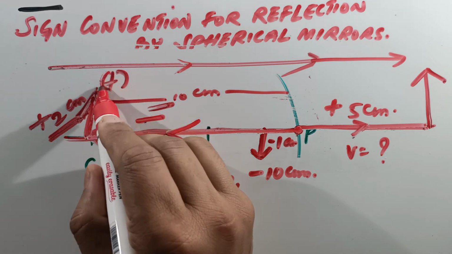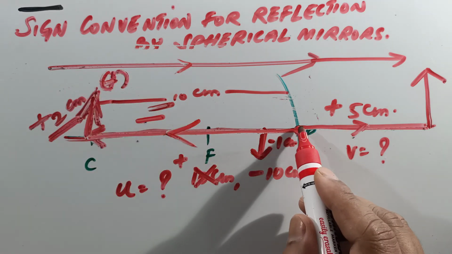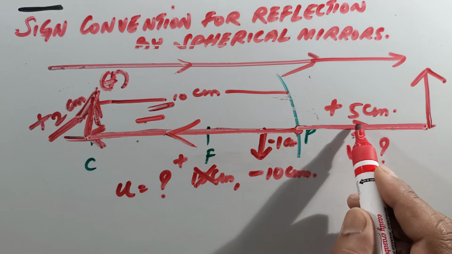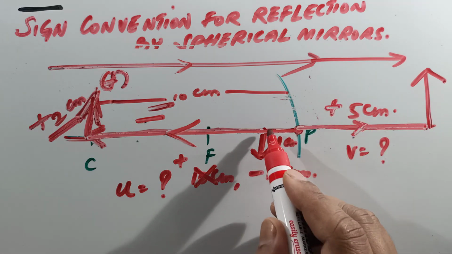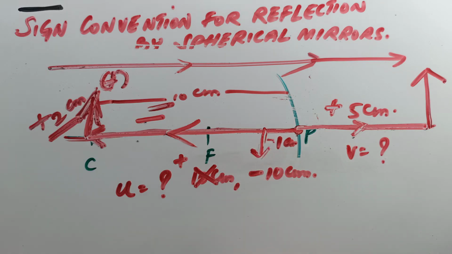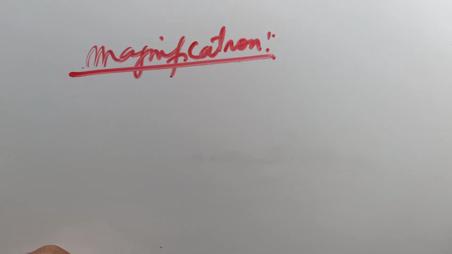If you are measuring above the principal axis, positive. If you are measuring in the same direction as the incident ray, it is going to be positive. If you are measuring below the principal axis, it's going to be negative. Okay,